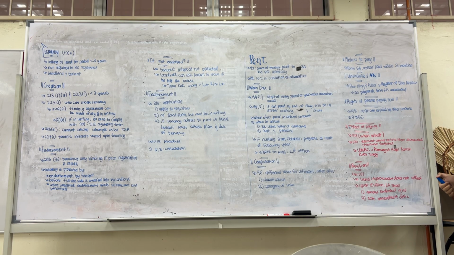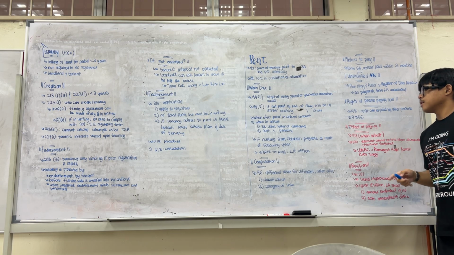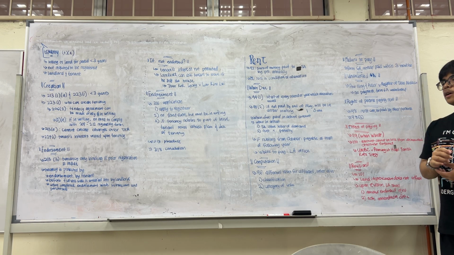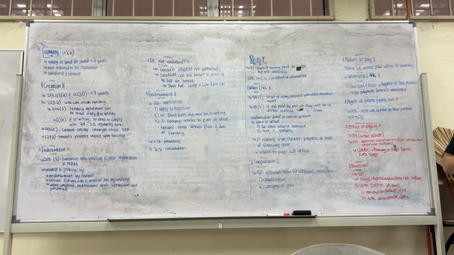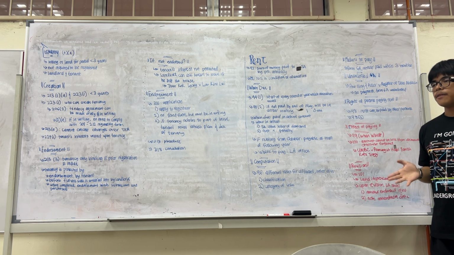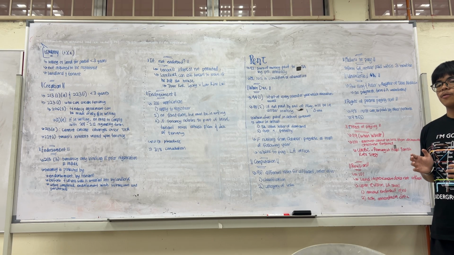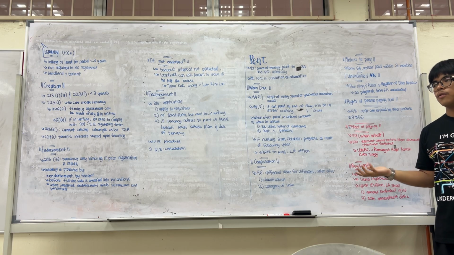Macam tu. Okay. So what are the rights of persons paying rent? In section 98, the rent can be paid by other persons. That means if you are the proprietor of the land, you don't necessarily have to be the one to pay the rent. It can be paid by other people, third parties. However, it is important to note that in subsection 3, it states that if a tenant is paying rent on behalf of you, then that sum of money he has paid for you can be deducted from the payment he has to make to you.